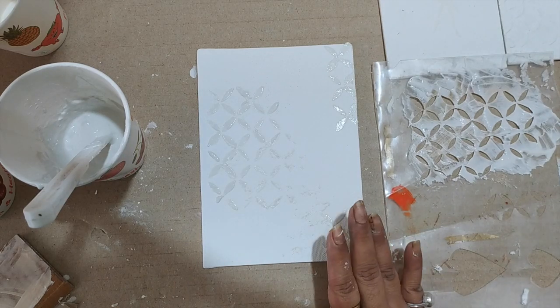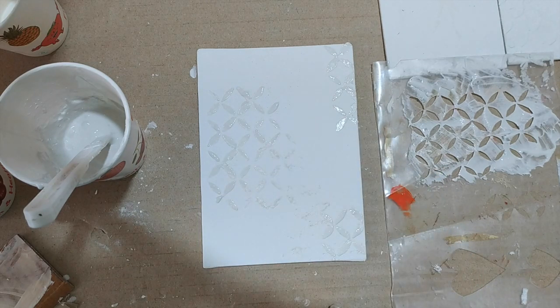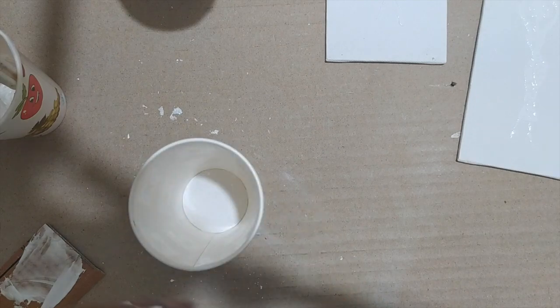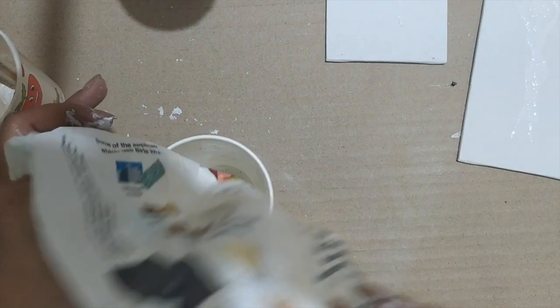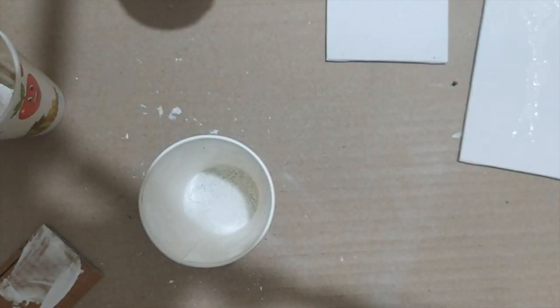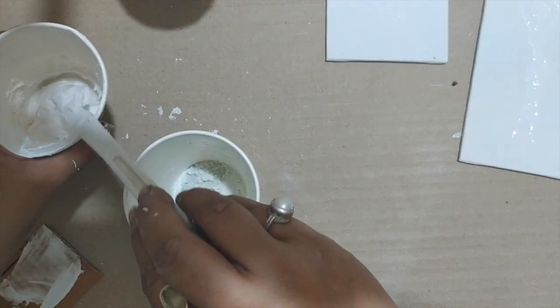So now moving on to the next one. This is going to be the last method that I use. It is white cement. I use it for doing a lot of projects, making candle holders, doing a lot of molding with it. And I prefer white cement to the regular cement because it is available in smaller quantities very easily, and